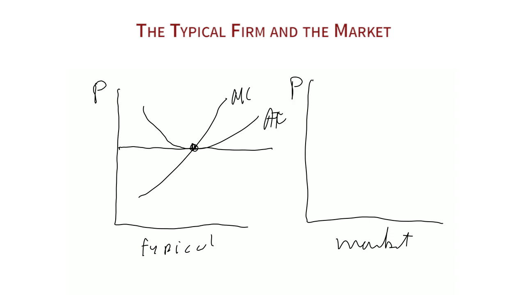This is the position that a competitive firm would operate in if that was the price it faced. It would face that price and set marginal cost equal to the price. That would determine the amount it would produce. And at this point, it just happens to be at the low point of the average total cost curve. Now, this is one firm in the market. There are a lot of these typical firms in the market, and the sum of those typical firms is going to generate a supply curve in the market. There's also going to be a demand curve in the market. So let's draw that over on the right.